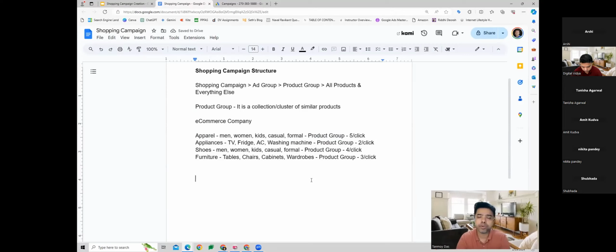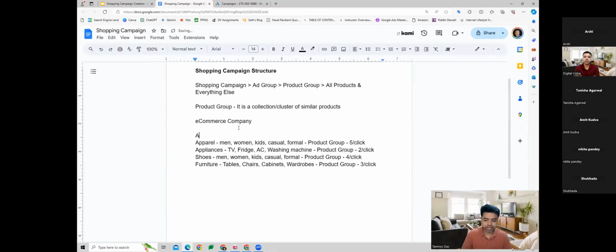So what we are able to do is we are able to bid on the categories based on pure returns. The category which makes me more revenue, I am bidding high for those particular ads. Whereas the category which does not make me too much revenue, I bid less so that we can save our money. So this whole structuring you are doing inside the all product section. So this is going to be the structure for all products.